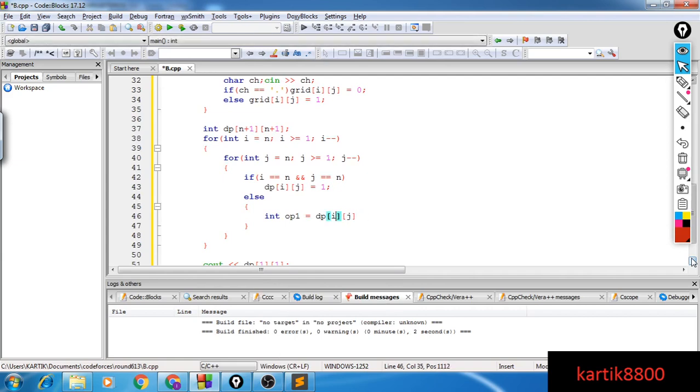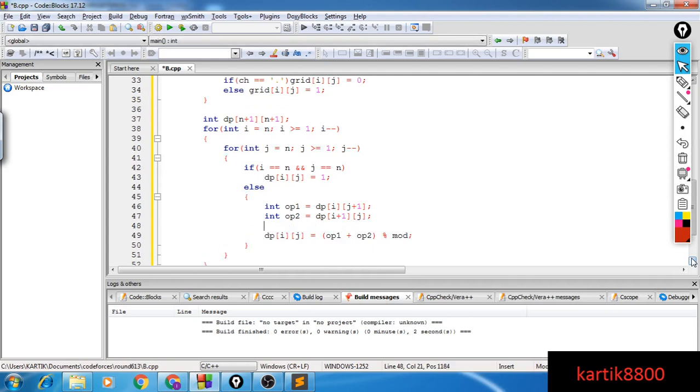Sorry, going right means dp[i][j+1]. The other option is you go down, and these are the two options. You'll add these to get your answer at dp[i][j]. I'll print the answer modulo 10^9 + 7.